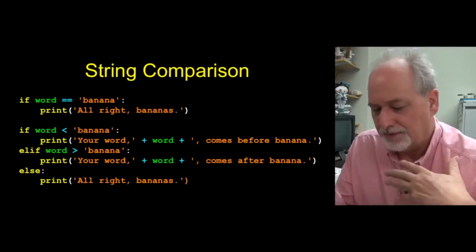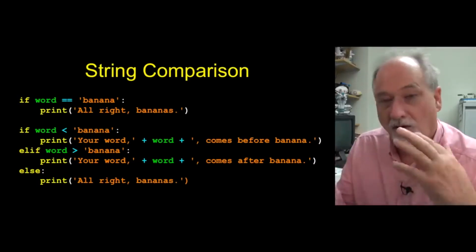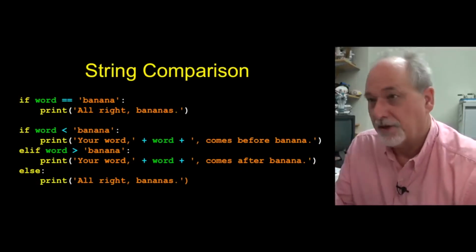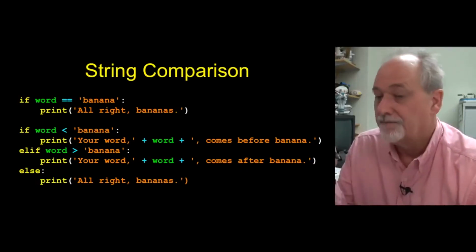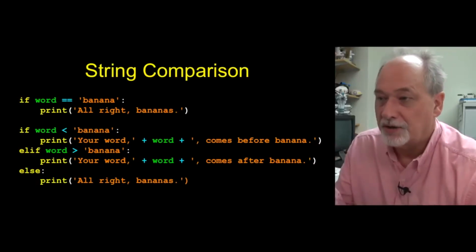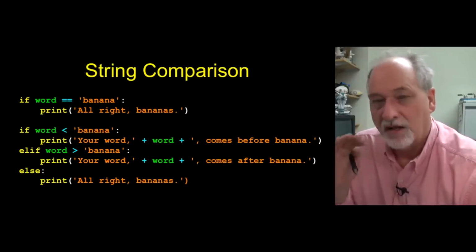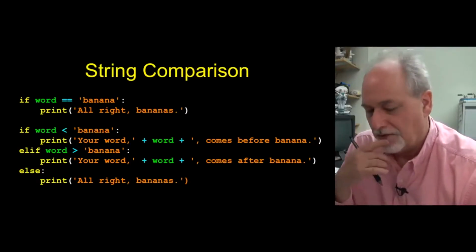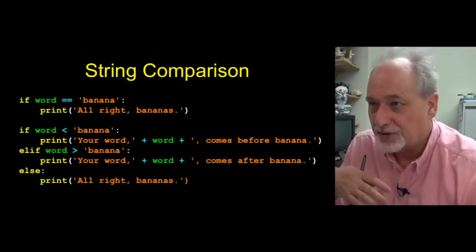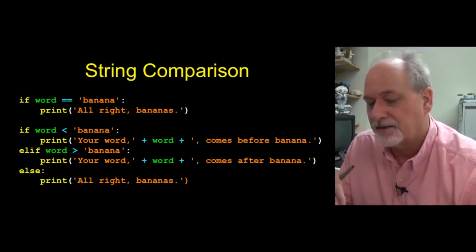You can have something equal to or less than or greater than, and all those operations work naturally. With less than and greater than, you have to be aware of uppercase, lowercase, and things like where punctuation sorts relative to letters. That's kind of unpredictable and depends on the character set of your computer, and something you just play with and figure out. If you're sorting by first name and last name, as long as the case is kind of the same,